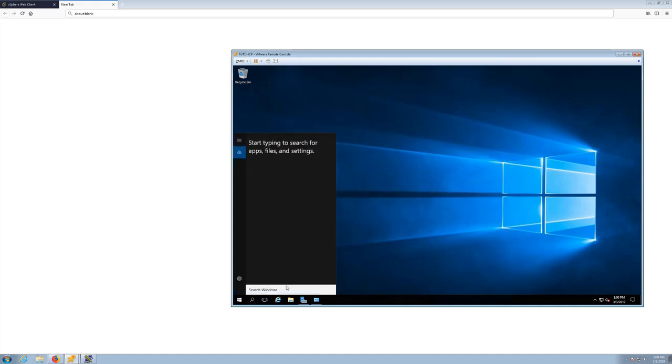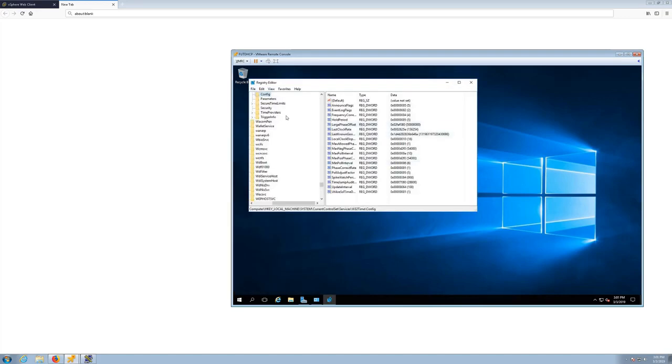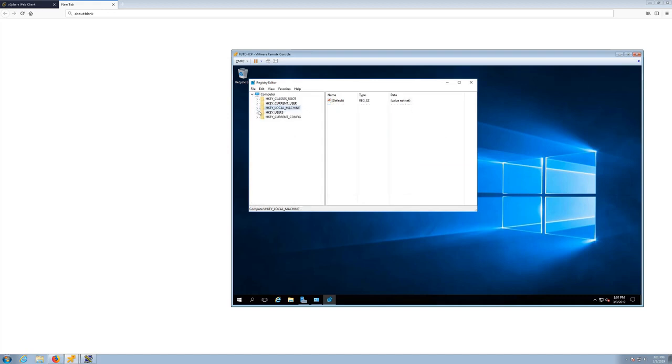And next thing we're going to want to do is go to your registry editor. You go to search and type in regedit. I've already got mine up, but you'll go to the local machine, system, current control set, services, and then we're going to go all the way down to